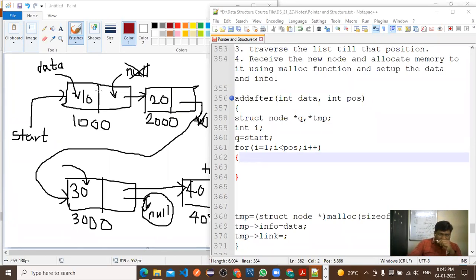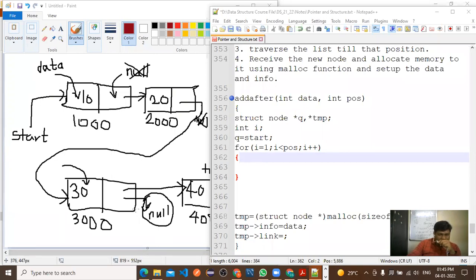The first element is 10. So what is the second element? 20. Third element? 30. And fourth element? 40. I want to insert 50 after the third element.